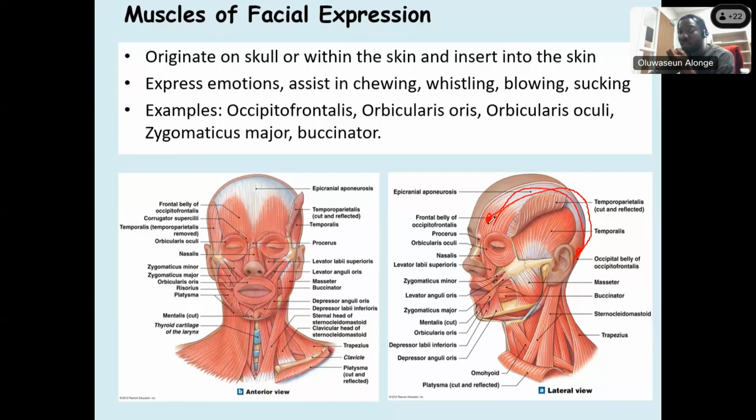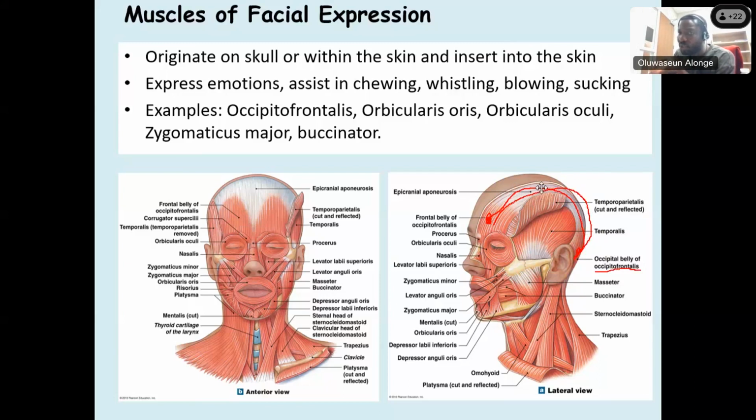All right. They continue to the frontal bone. So we call it occipitofrontalis. Now, when you see this muscle, this is the name of this muscle, occipitofrontalis. Now, it's not the muscle that runs through the entire length. However, the muscle begins from here and actually ends here. Here, you have what we call